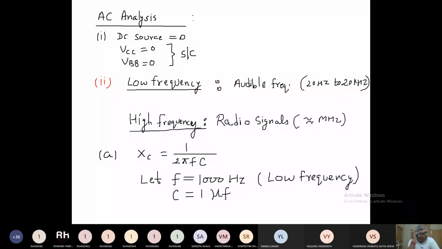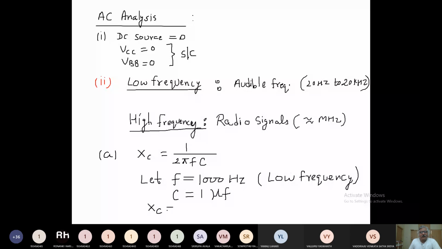I have taken a very low value of the capacitor, that is 1 microfarad. When you develop practical circuits, the value of the capacitor is much higher, right? But let us take this case. If F is 1000 hertz and the capacitor is 1 microfarad, then